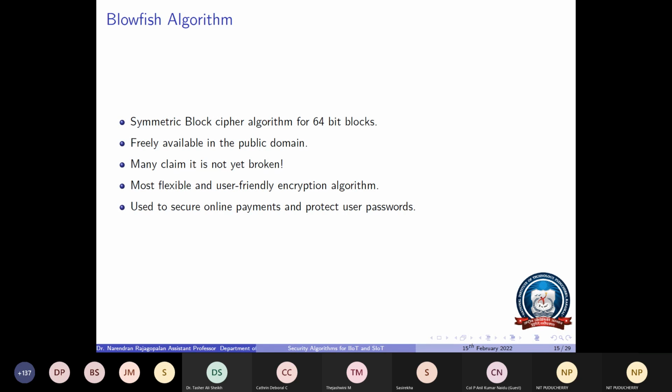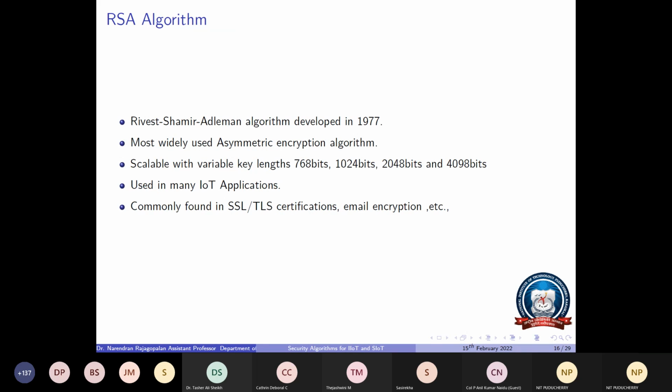The Blowfish algorithm is an open source encryption algorithm which is available in the public domain, and many claim that it is not yet broken. It is pretty user friendly and flexible for encryption. It is still being used for secure online payments and also to protect user passwords. So those were the three